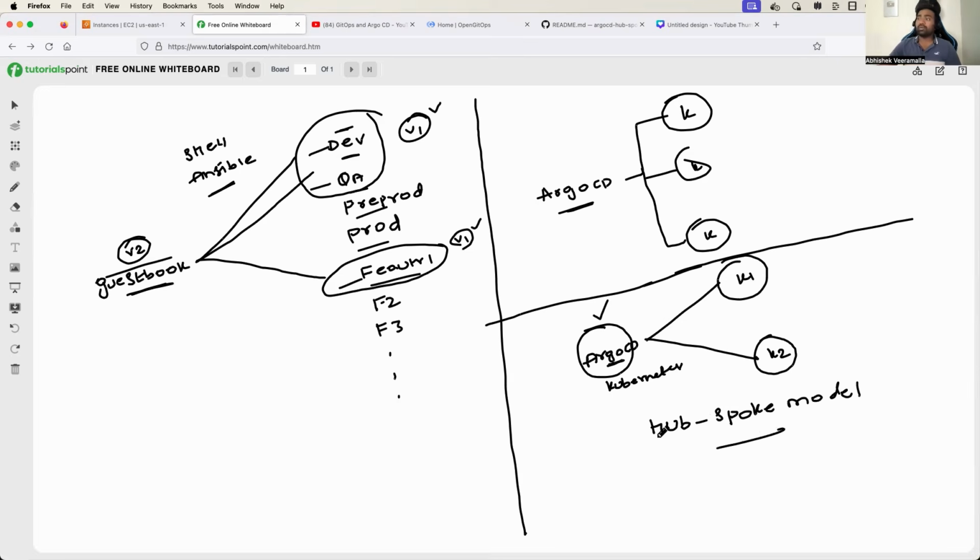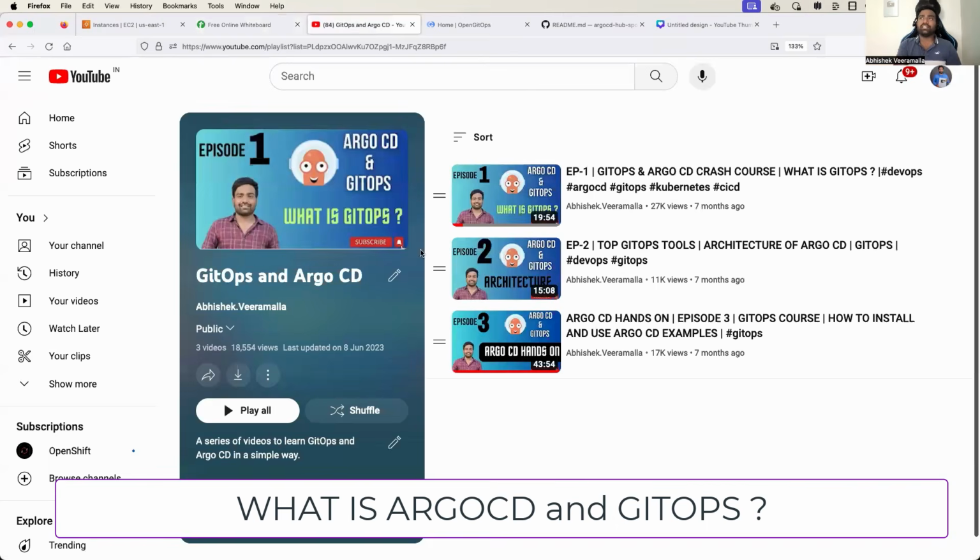Now, if you want to understand what the hub spoke model is, first of all, there might be people who don't understand what exactly Argo CD or GitOps is. Of course, I have made a dedicated playlist on Argo CD and GitOps, where I have covered in detail what exactly GitOps is, what exactly Argo CD is, and I've also explained the architecture of Argo CD, plus